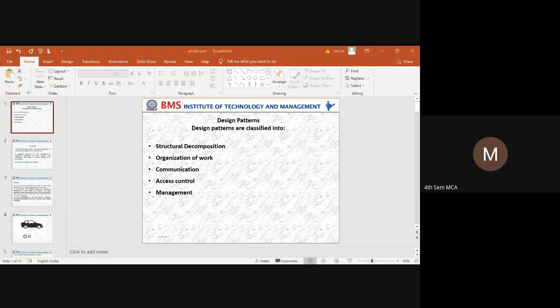Next is a management pattern. So under this management pattern, we have a collection of different objects, and each and every object is going to provide its own services, and it has its own identity. Under this management pattern, we can have two different patterns. One is the view handler pattern.